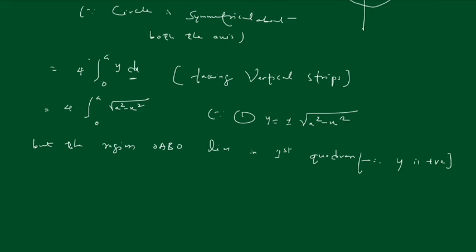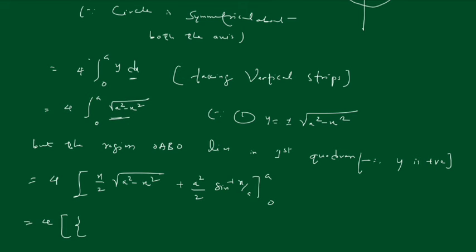So for that reason we have taken plus under root of a square minus x square. So 4 as it is, integration of under root of a square minus x square already we have, it is a standard form: x by 2 under root of a square minus x square plus a square by 2 sine inverse x by a, limit 0 to a. So 4 as it is,